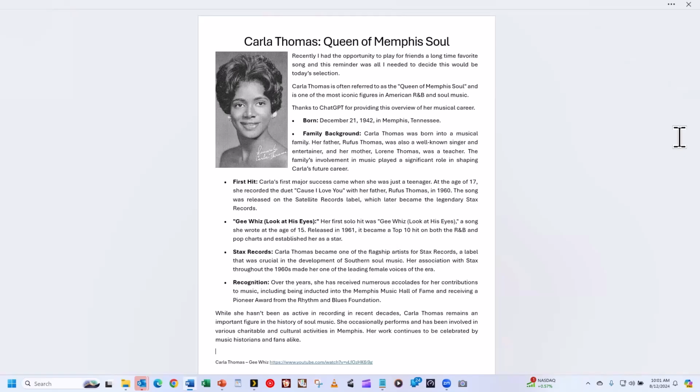Now, the first hit or major success came when she was just a teenager. At the age of 17, she recorded the duet "'Cause I Love You" with her father, Rufus Thomas, in 1960. The song was released on the Satellite Records label, which later became the legendary Stax Records. Then "Gee Whiz, Look at His Eyes." Her first solo hit was "Gee Whiz, Look at His Eyes," a song she wrote at the age of 15. It was released in 1961, became a top 10 hit on both the R&B and pop charts, and established her